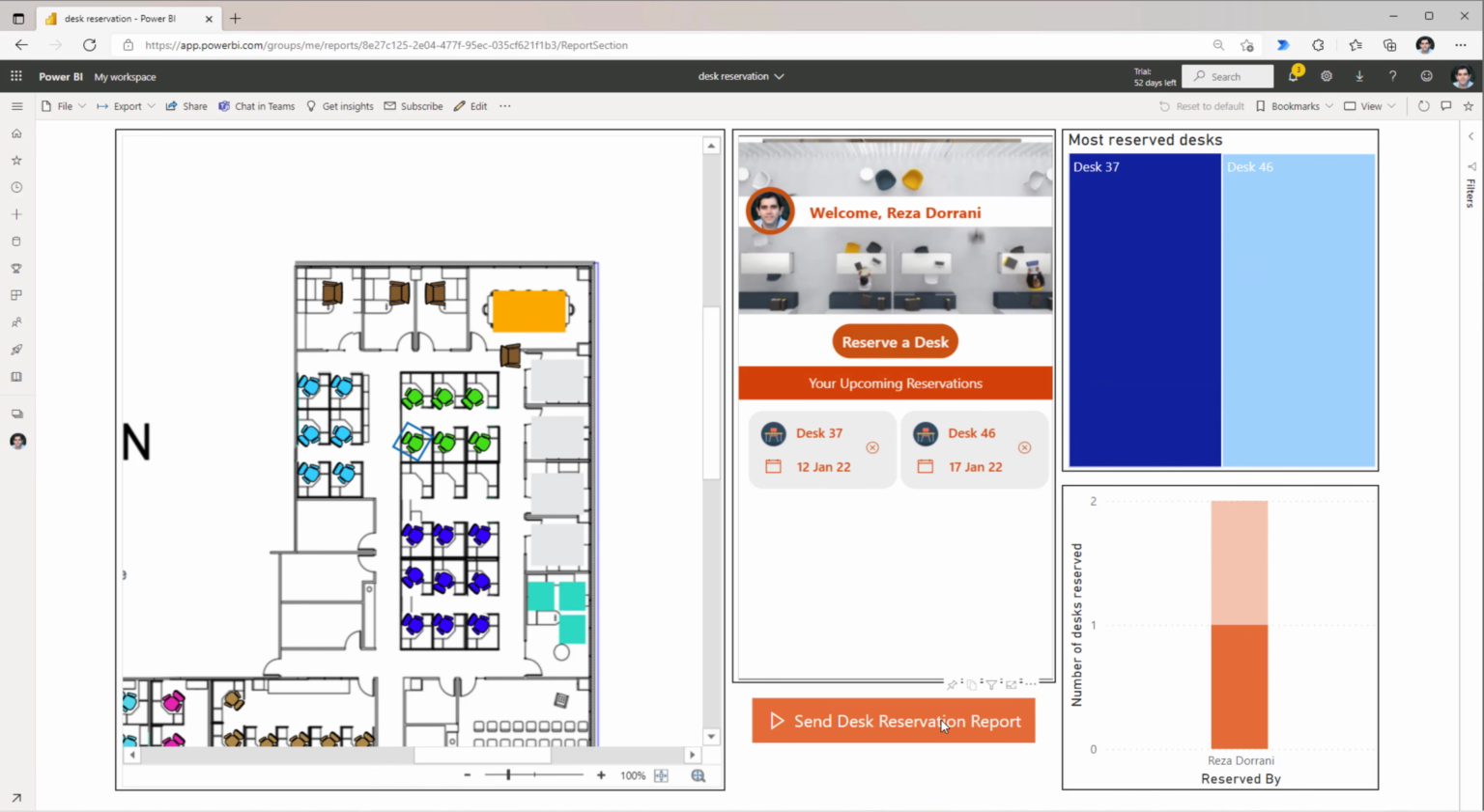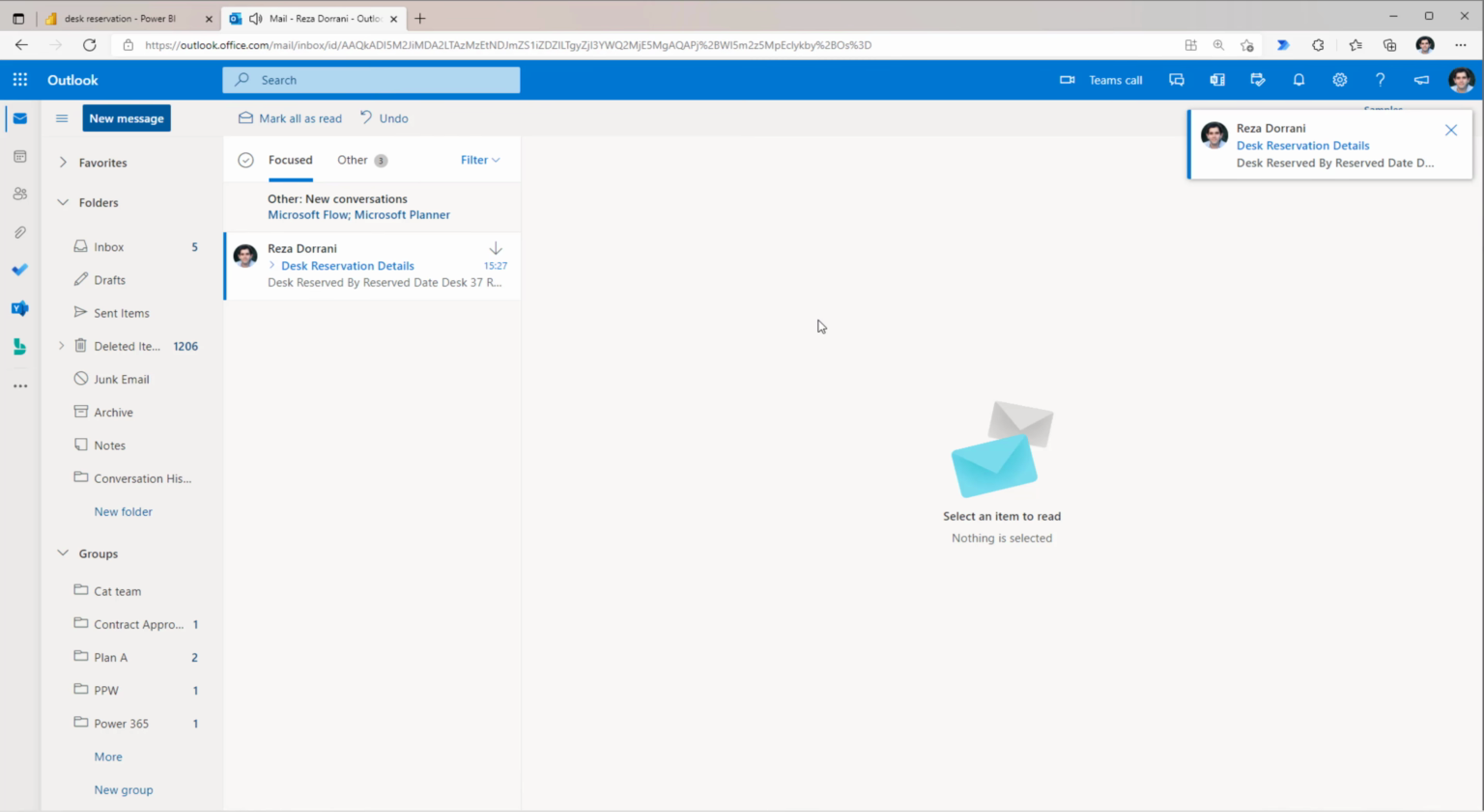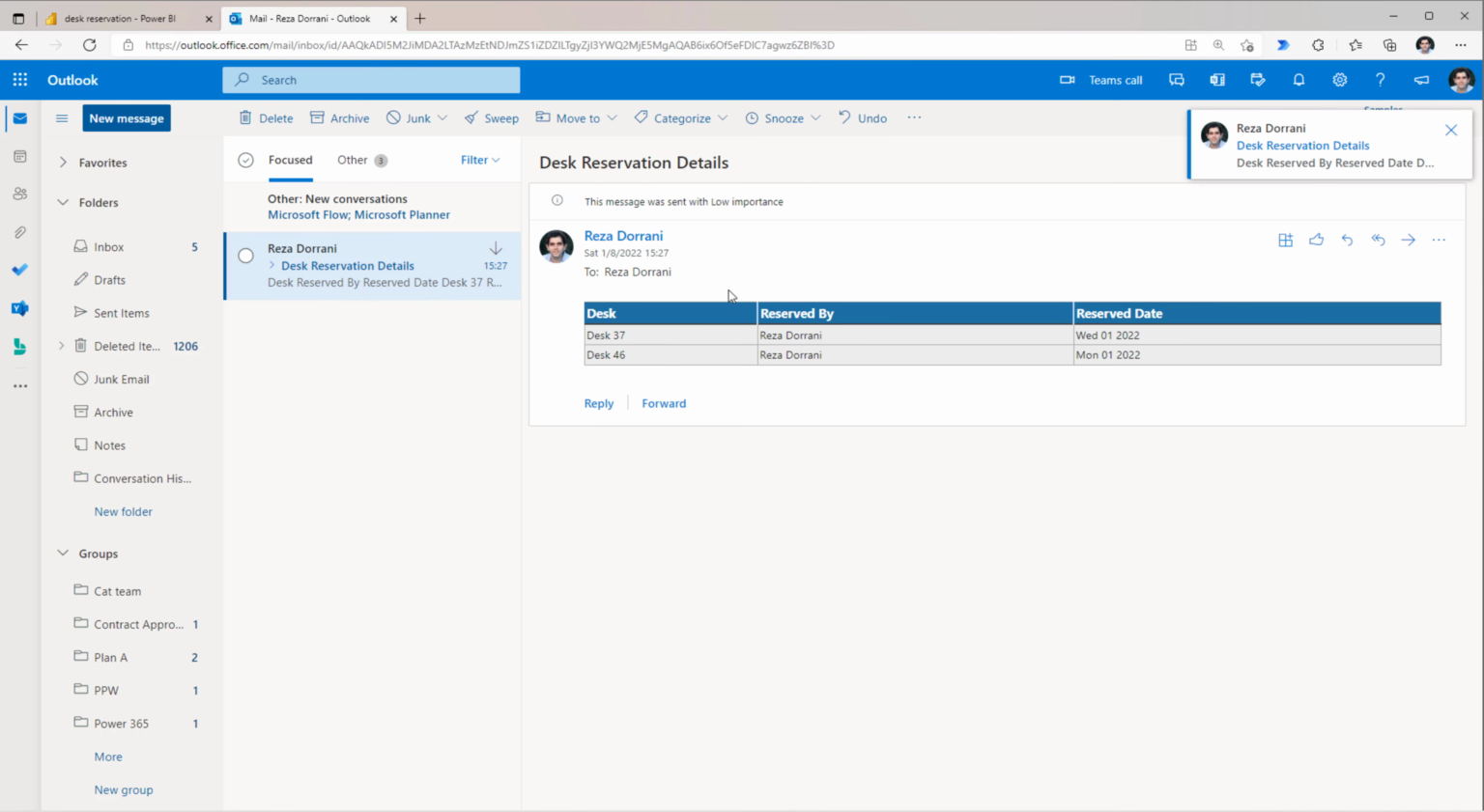I can also send a report of all the desks that I have reserved. If I select on this button, it will go ahead and trigger Power Automate to send me a report of the reserved desks. And here is the email that I have received. These are the 2 desks that are reserved by me, and these are the dates at which I have reserved